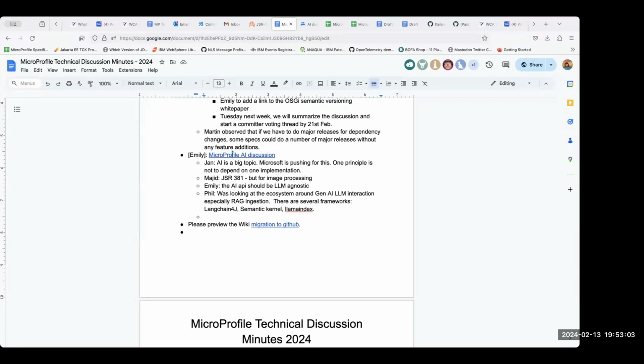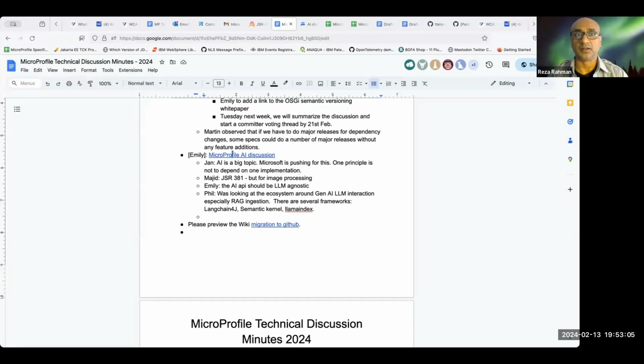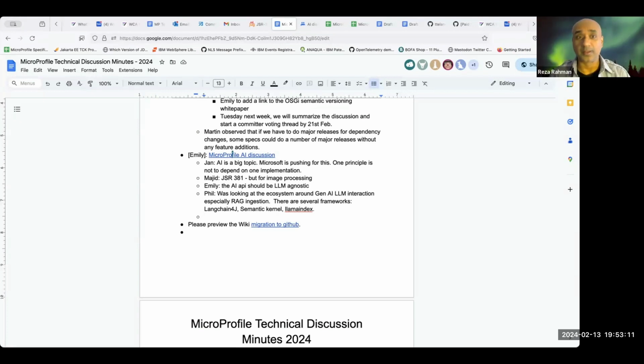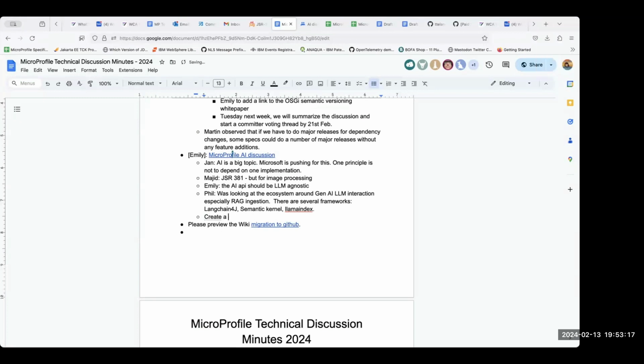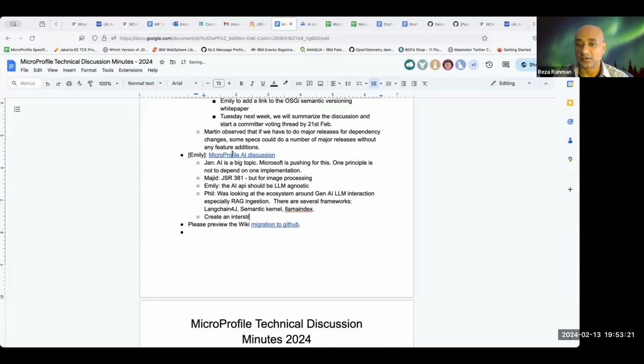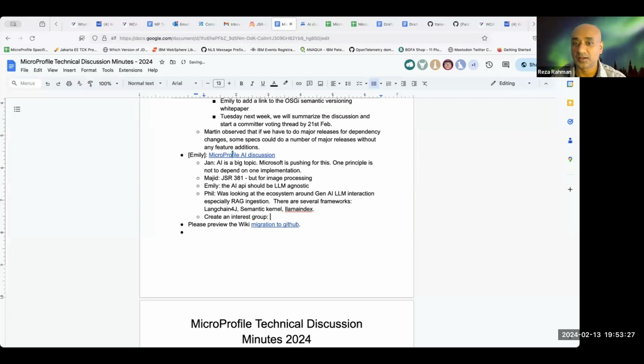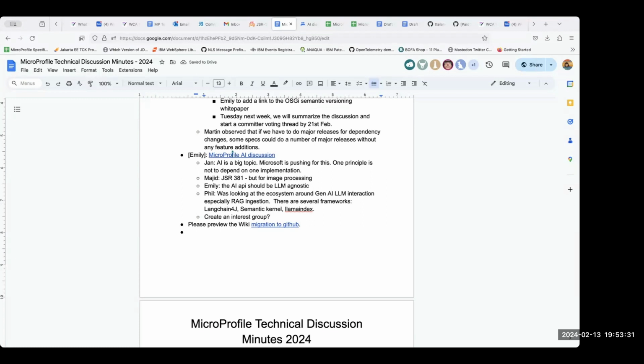Obviously, they didn't state it very obviously that way, but the implication is that they'd be interested in the OpenAI API somehow being surfaced in MicroProfile. So honestly, first you folks need to make a decision as to what direction you want to take. It sounds like just an OpenAI CDI binding is not going to happen, right? Sounds like.